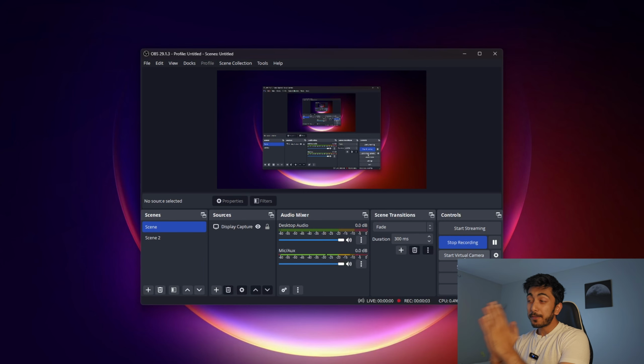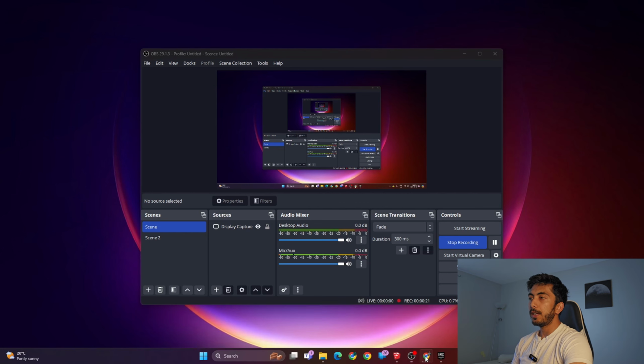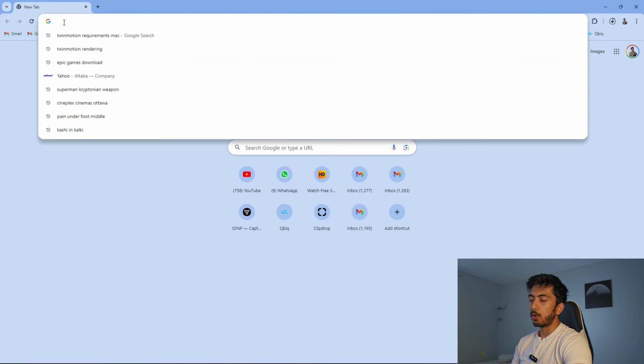So guys, let's start with the first point, which is how to download Twinmotion. For Twinmotion, you will need to download Epic Games. Epic Games is not a game, it's just a library of all the games, and Twinmotion is owned by Epic Games. So you will first go into your Google Chrome or any browser that you are using and just type in